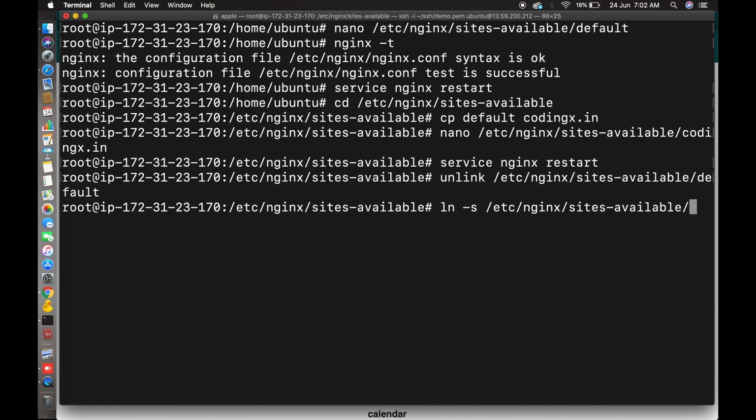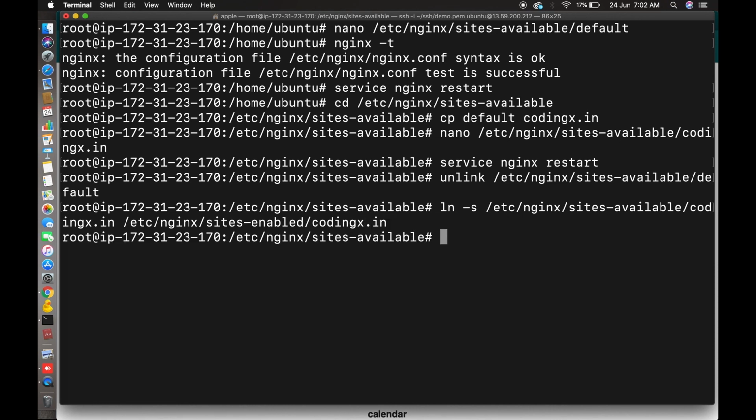The source is /etc/nginx/sites-available/codingx.in, and the destination is /etc/nginx/sites-enabled/codingx.in. Enter.